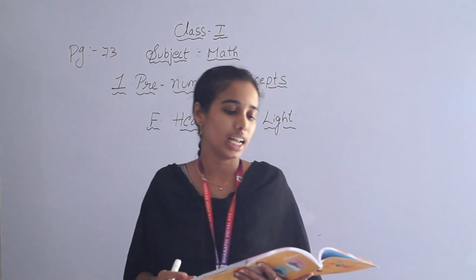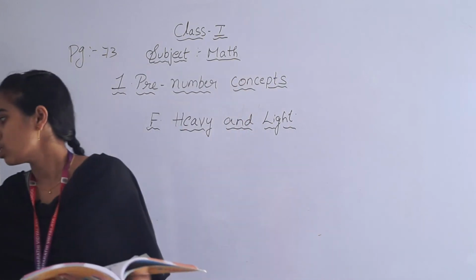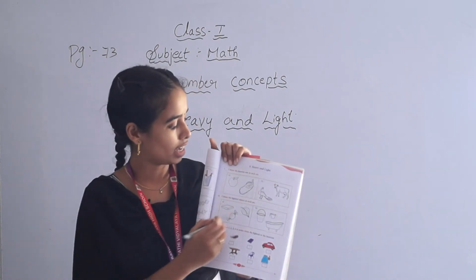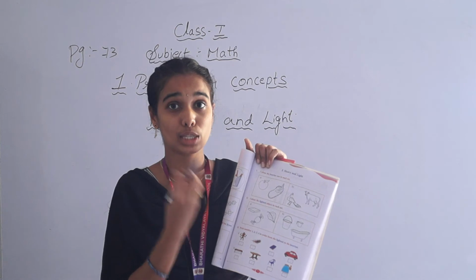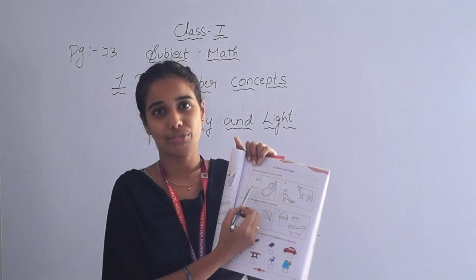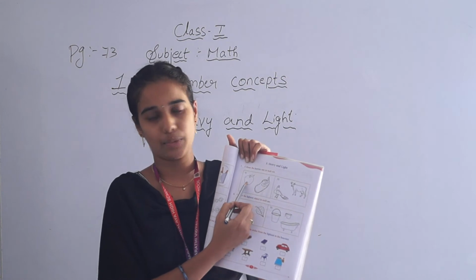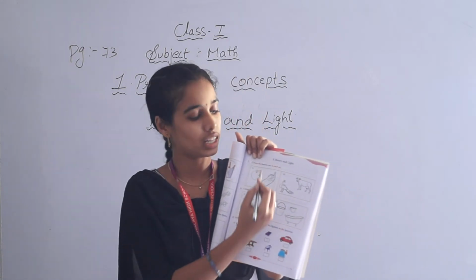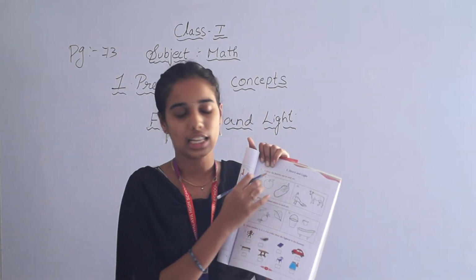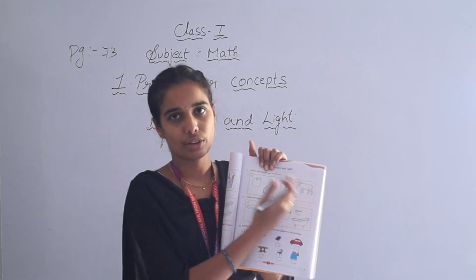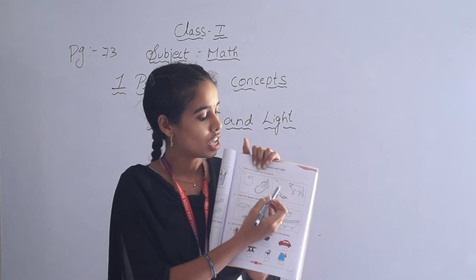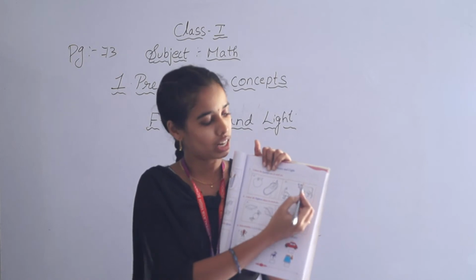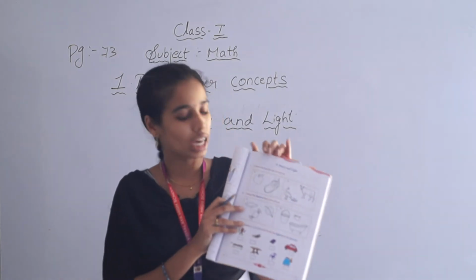First one, color the heavier one in each set. So here you have to color the picture. They have given two different types of pictures here. So color the heavier. Heavier means more weight. Here we are seeing two different types of fruits. One is apple and another one is jackfruit. So in these two, which one is heavier? Jackfruit. So you have to color the jackfruit. And in the next picture we have two different types of animals. One is peacock and another one is cow. So here which one is the heavy one? Cow is the heavy one. So you have to color the cow.